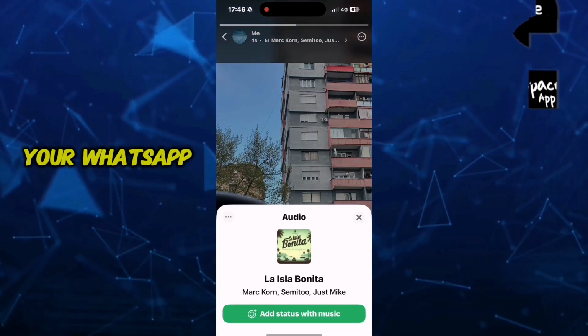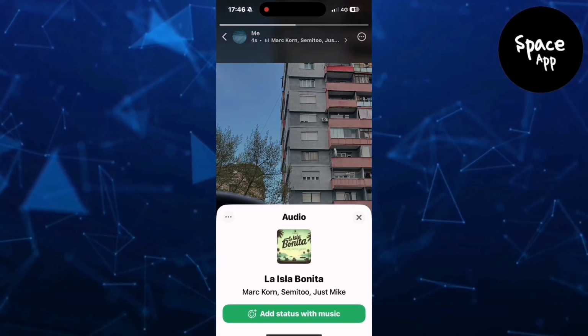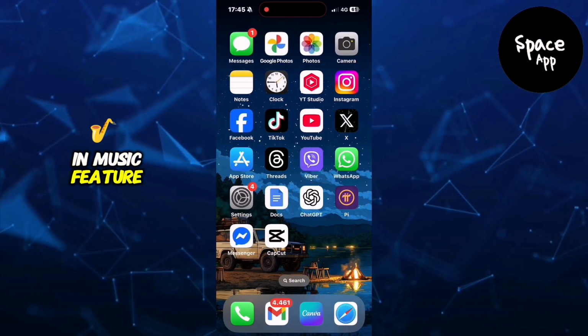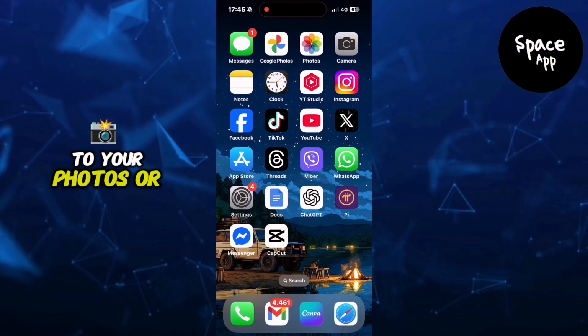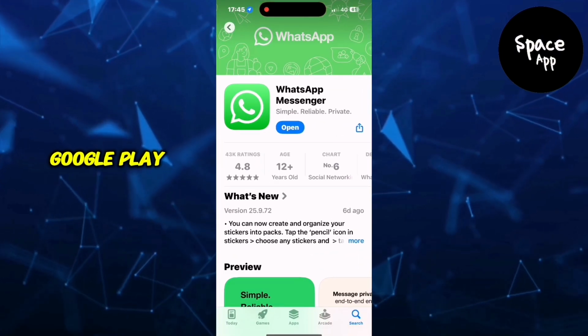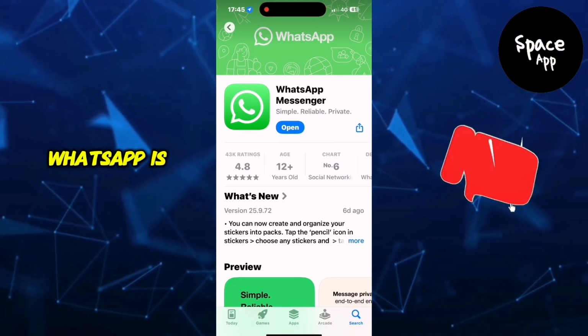Want to spice up your WhatsApp status with music? In this video, I'll show you how to use the built-in music feature to add a soundtrack to your photos or videos. Start by heading to the App Store or Google Play Store and check if your WhatsApp is updated